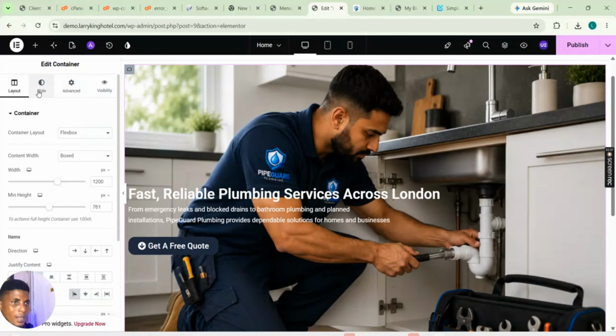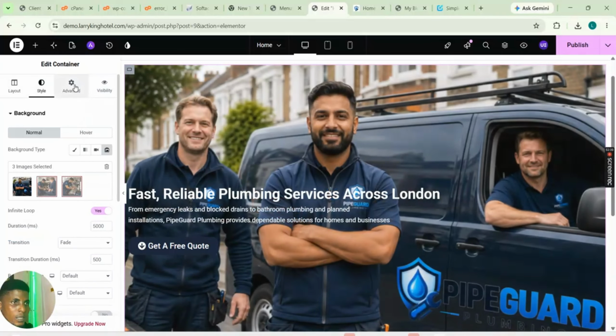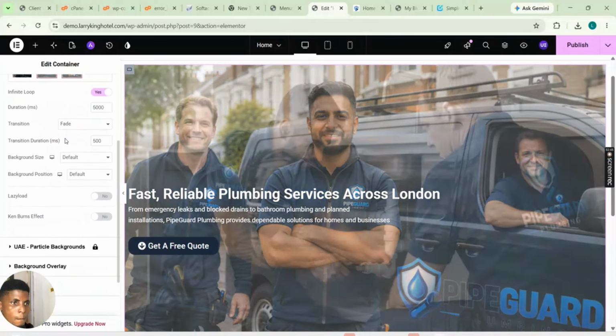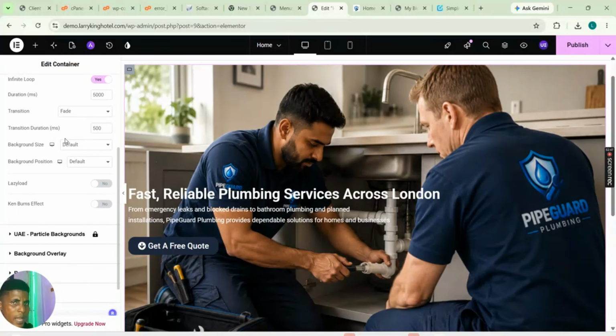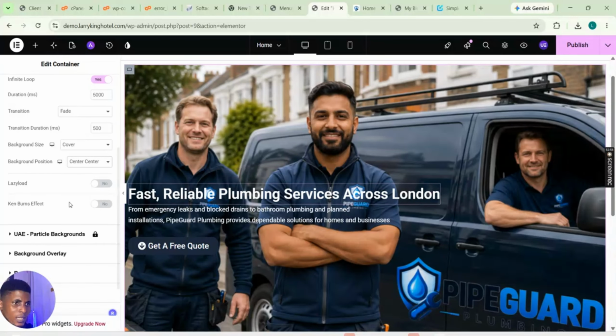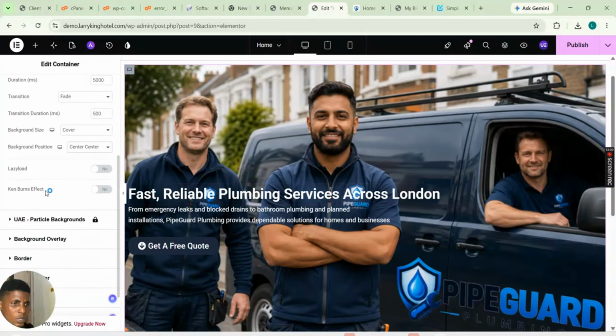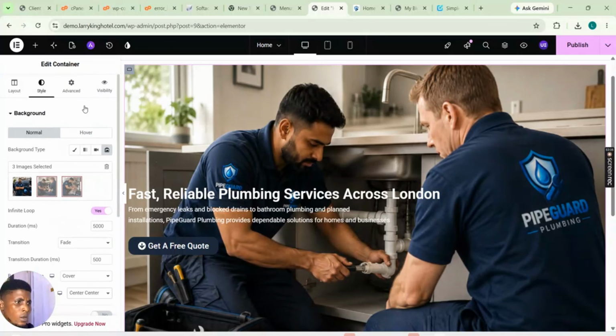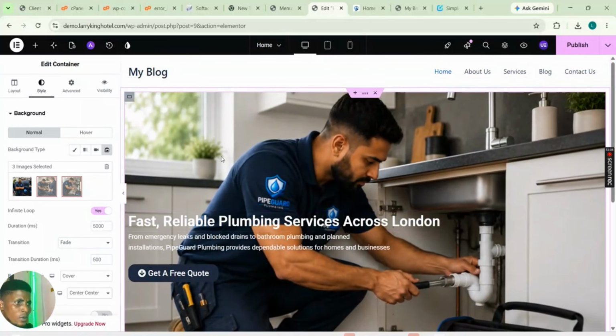So now you come back to this stage and look for this. This was what I was looking for. Default size, you see cover, change to cover, and position center. So it will go to center, and this is what I was looking for before. So to center now, and look for